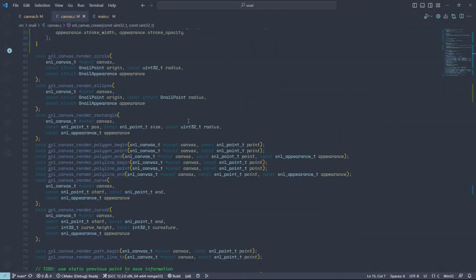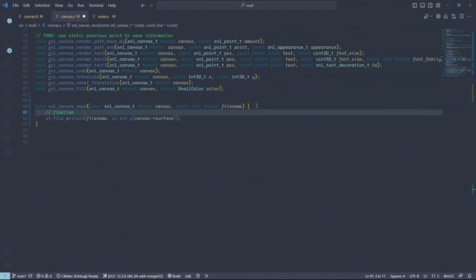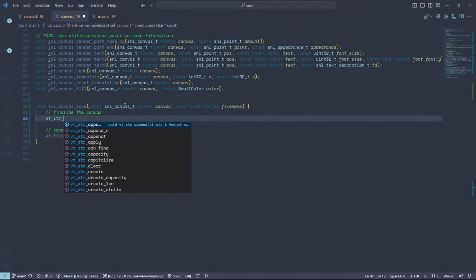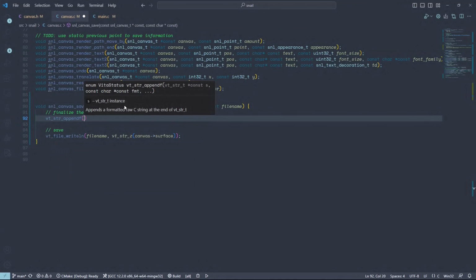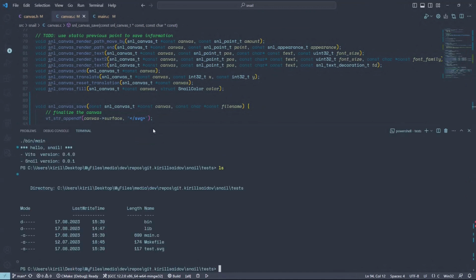And then at the very end, when we save the canvas, before we save it, we need to finalize the canvas surface. So we need to finalize the canvas and then we save it. And that's going to be restore pendef svg, like this. This is the last thing we need to add, I think. So canvas surface. Now let's try to build it and